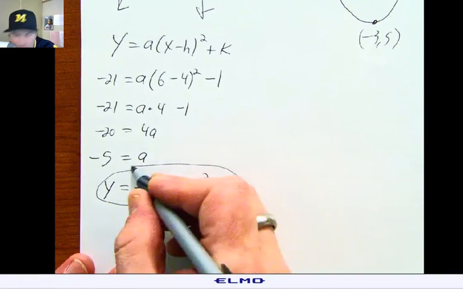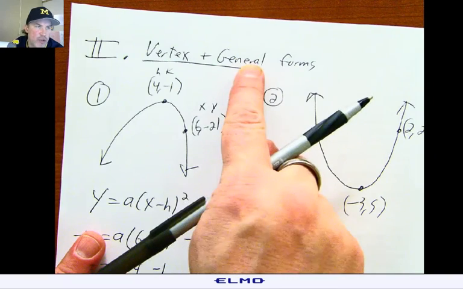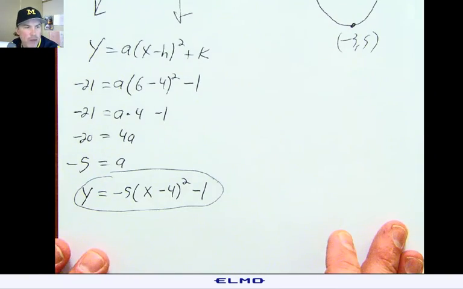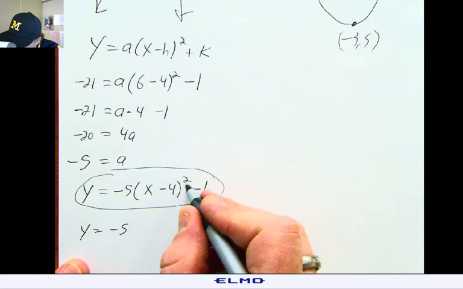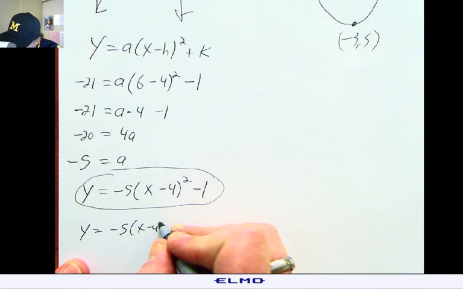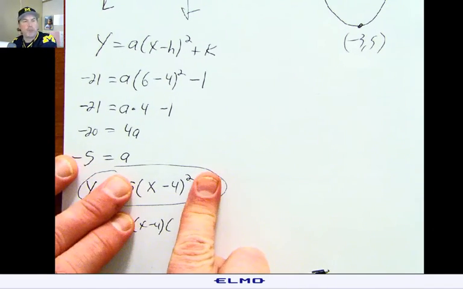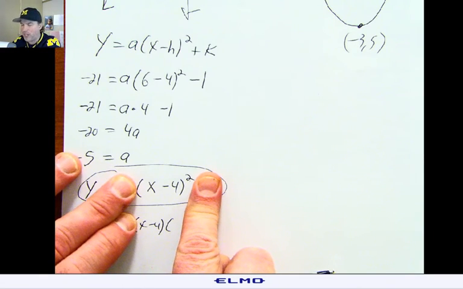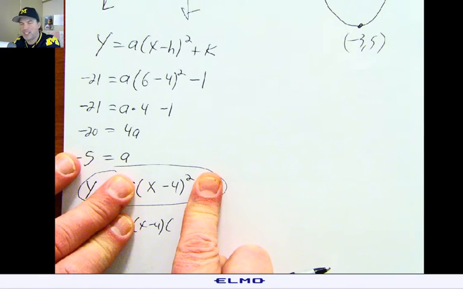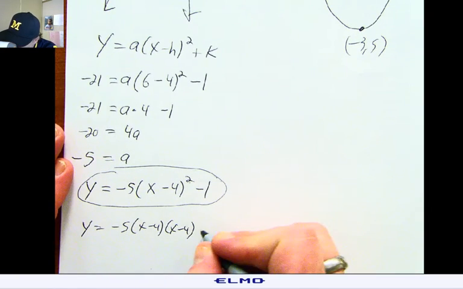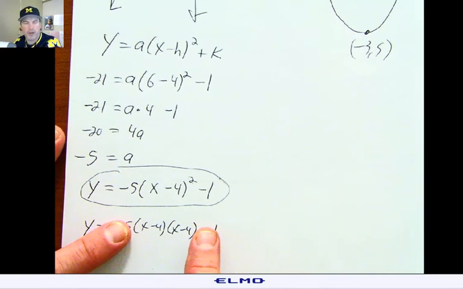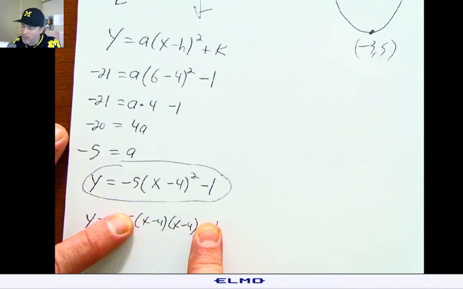And now we also need to work towards general form. And to do that, I would have negative 5 times this x minus 4, which is squared. Some people can go ahead and multiply this out in their head, and if they can, x squared minus 8x plus 16. You don't need to show this step in the middle. But if you're one of those people that really needs to see it and FOIL it out step by step,